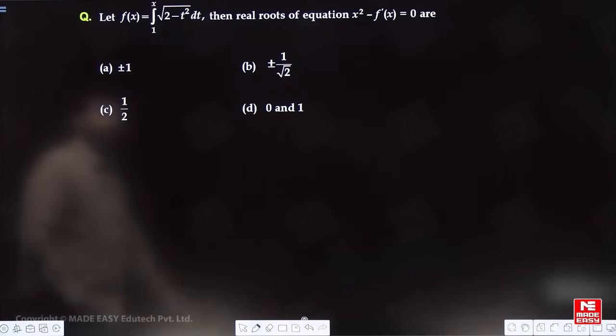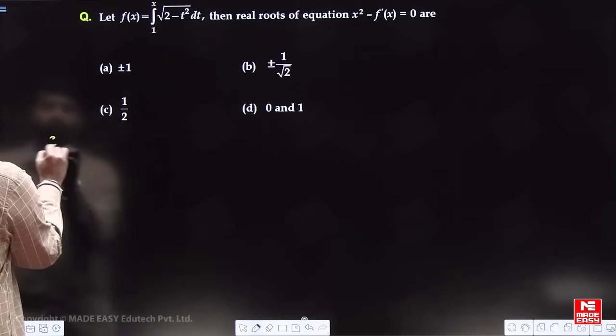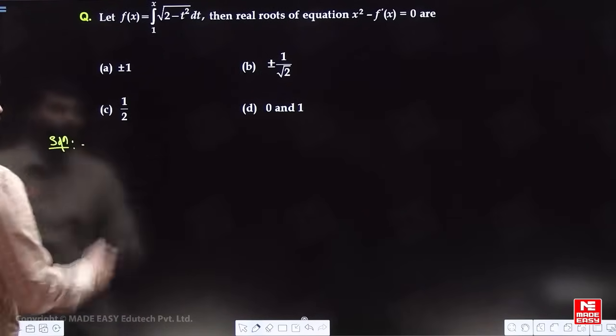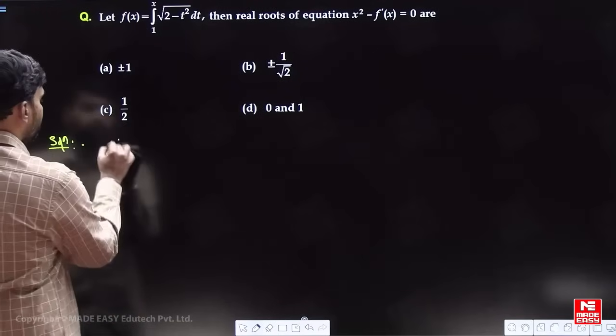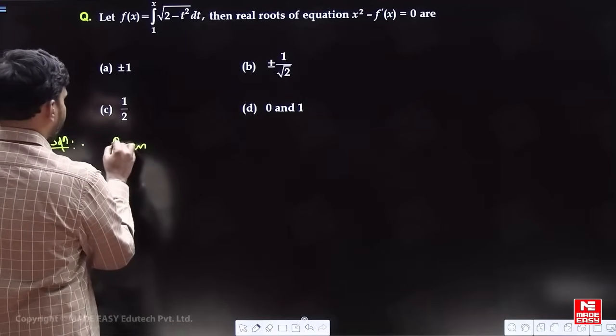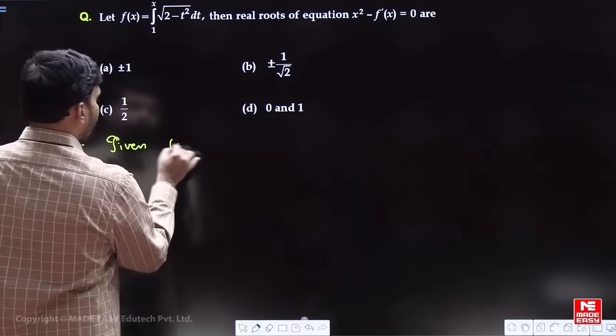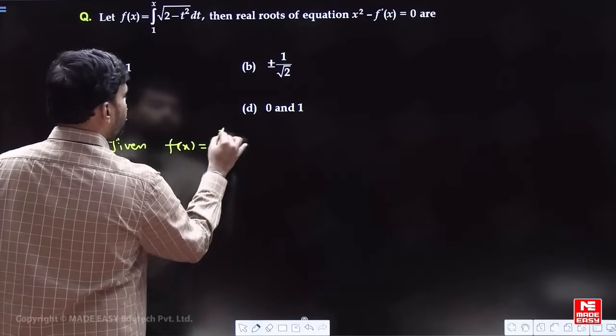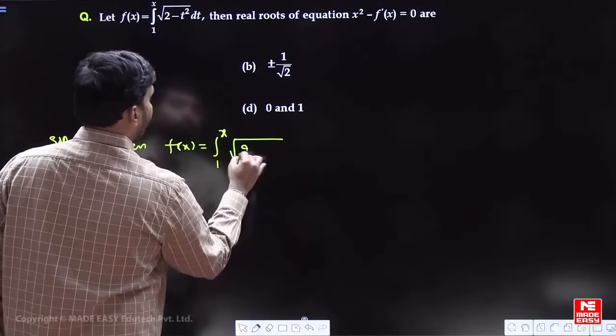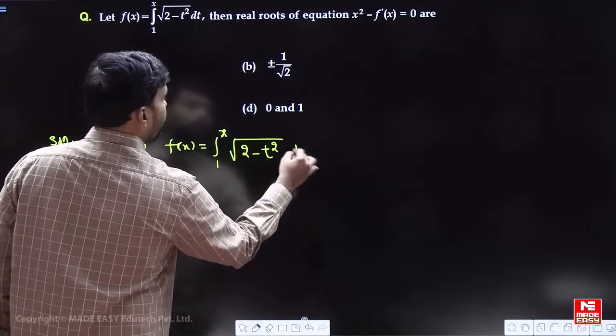What is this question? We'll see. Given f of x is equal to the integral from 1 to x of under root of 2 minus t square dt,